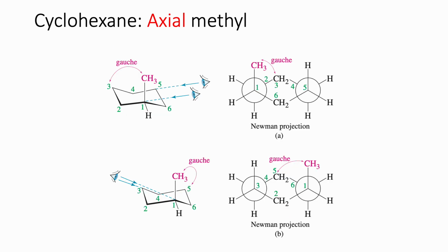So when we think about the nature of this steric interaction, we can look at what's happening if we focus on a Newman projection. When I have a methyl group in an axial position, like we saw in the previous slide, it's pointing up relative to the ring. That's carbon 1 right there. We have an axial methyl group pointing up relative to the ring. And if we draw a Newman projection down bonds carbon 1 and 2 and 5 and 4, as indicated on the left, what we see is that that methyl group, when it's pointing up,